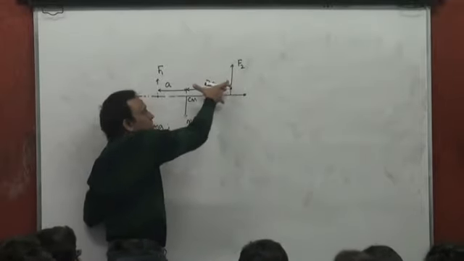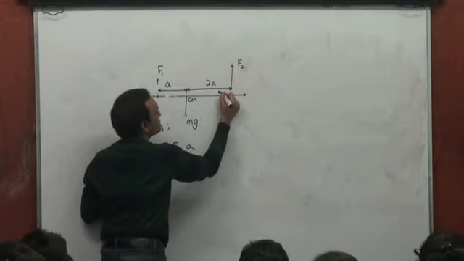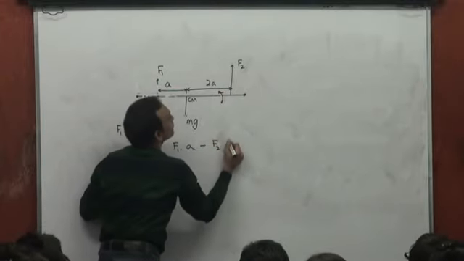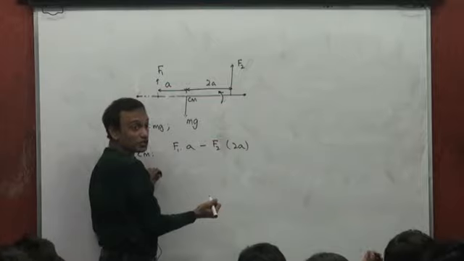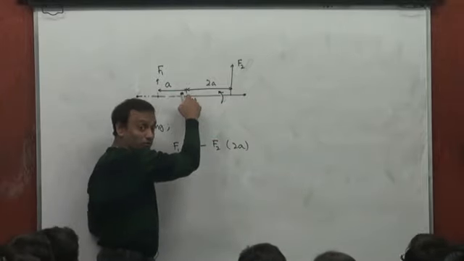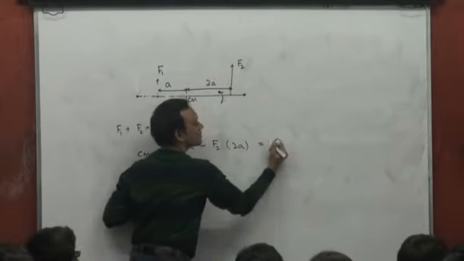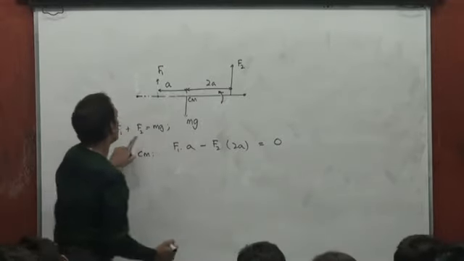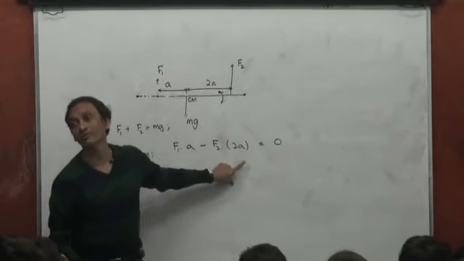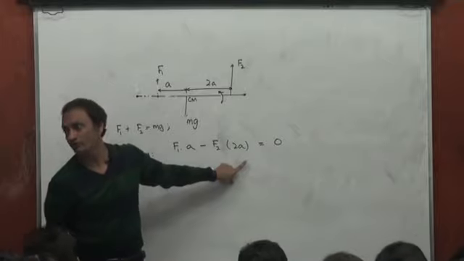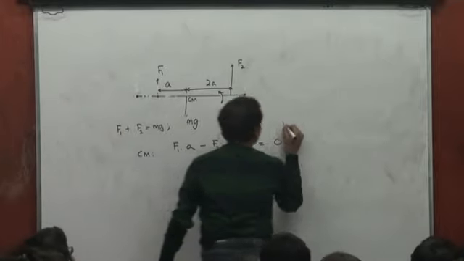F2 produces an anti-clockwise torque about the center of mass. So minus F2 into 2A. This is the net torque about the center of mass. mg produces 0 torque about the center of mass. So this is 0. So using these two equations, you can solve for F1 and F2. What you could also do is,